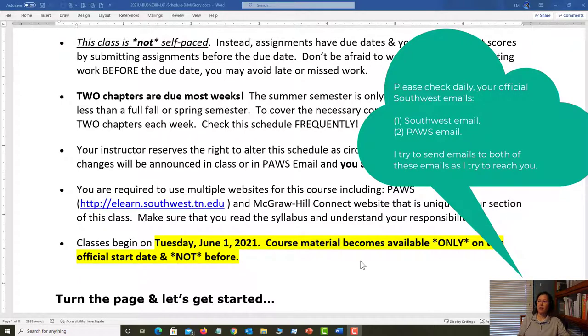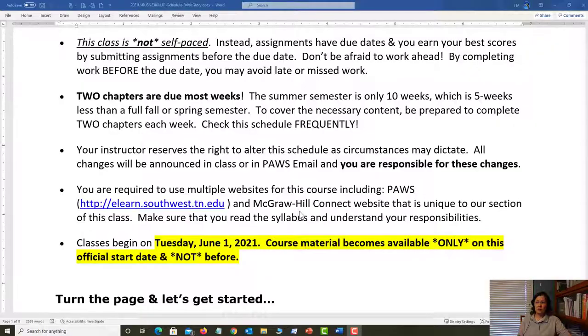Okay, speaking of that, you're going to be looking at 2 websites for your course materials. You're going to be looking at PAWS. PAWS is our official college course management system. If you wonder what are your grades, you're going to look in our course in PAWS and look for your grades. I will email you through PAWS. If you're looking for handouts, this schedule is in essence a handout. You're going to find that in PAWS. The syllabus is going to be there in PAWS. You can even see your other classmates in PAWS, to email them. There's discussion board postings that are required. Those are going to be in PAWS. So you have a lot of different materials in PAWS for you.